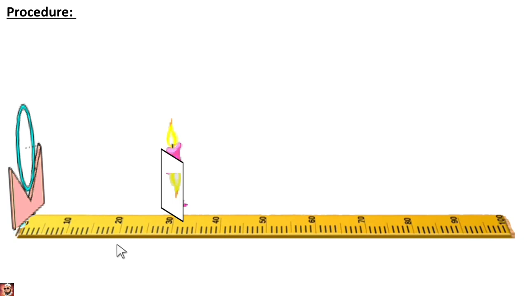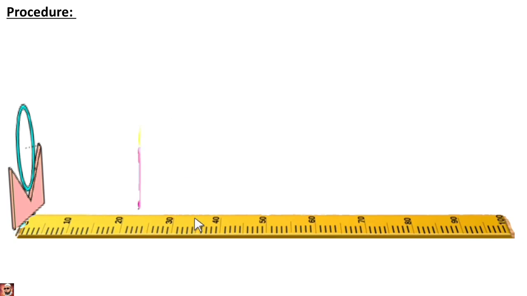If the focal length is 15 centimeter, then double that focal length we take as the center of curvature. It means we can also consider it the radius. Here the center of curvature will be at 30 centimeter. So at 30 centimeter we are getting the image and object at the same size. And of course you will see that it is an inverted image, and also a real image.